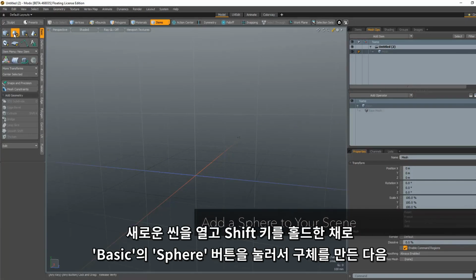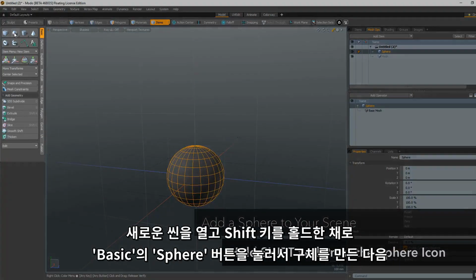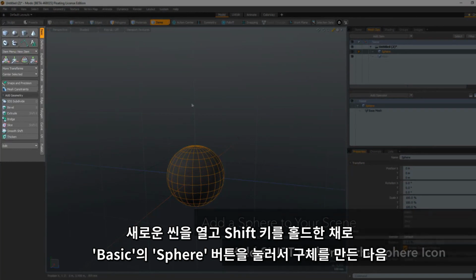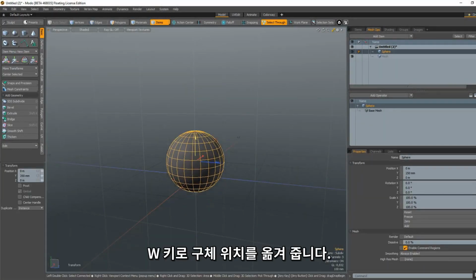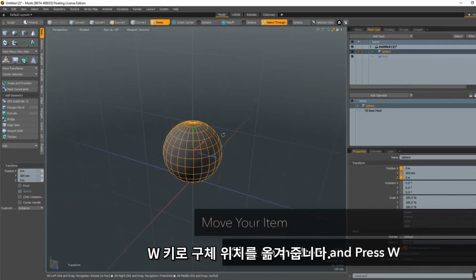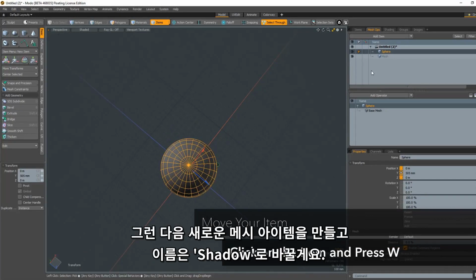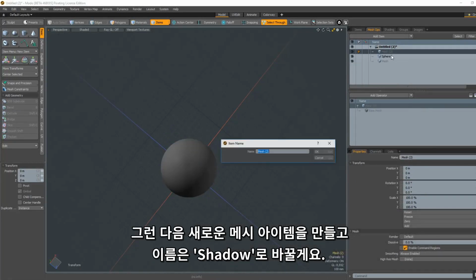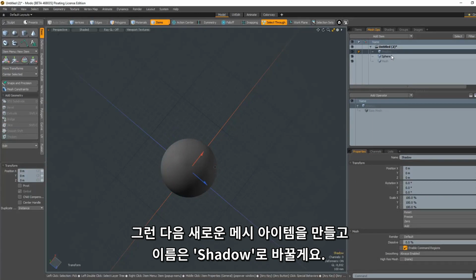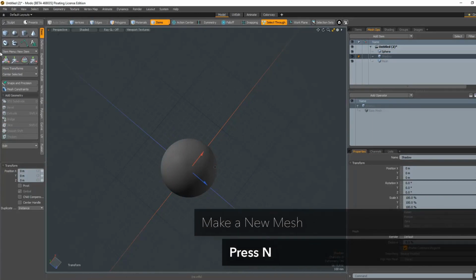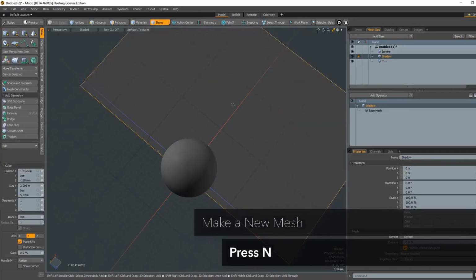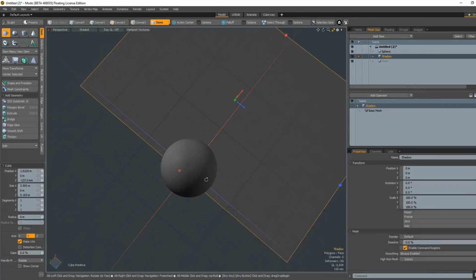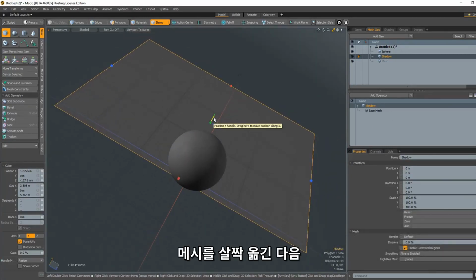Open a new scene. Let's add a sphere. So I've just held down the Shift key and pressed the sphere button in Basic. With the W key, I can position the sphere. And then I'm going to make a new mesh, and I'm going to rename that and call it Shadow. I'll just reposition that mesh